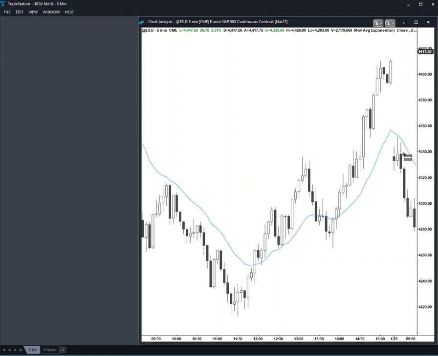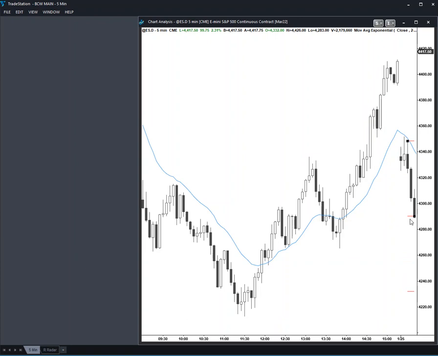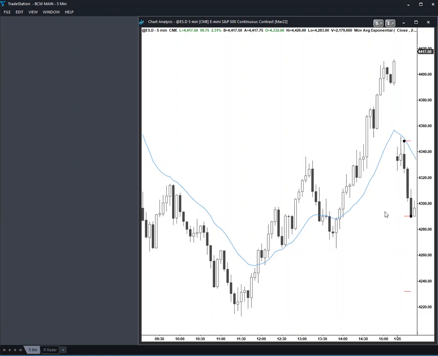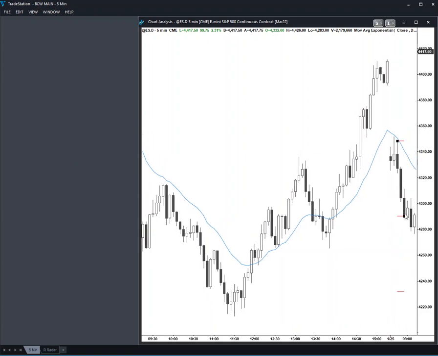Well, my stop's up here, and now price is down here. I'm risking a lot to maybe this target, and the probability may not exactly be 50-50. So I can't risk this much unless I think the probability truly is 60% that we're going lower. So what that means is when price starts to go sideways and pause, I've got to think through this, because do I really,